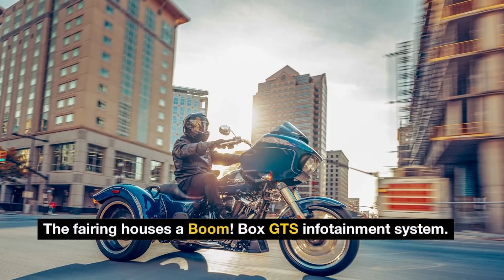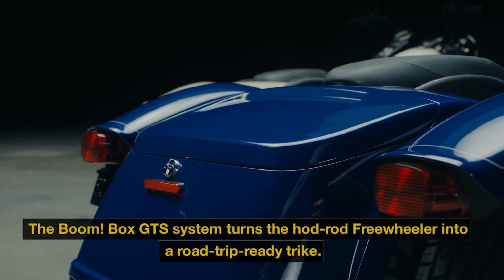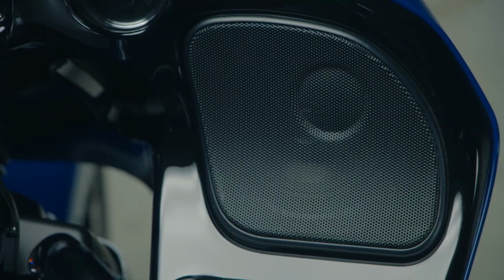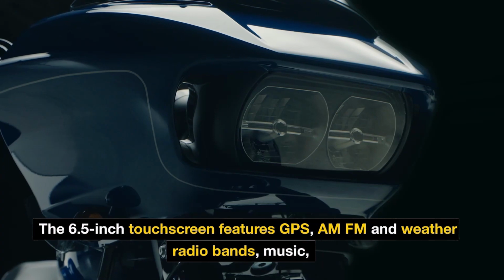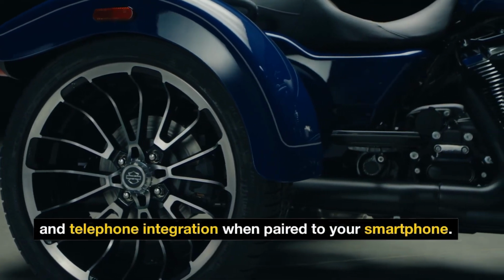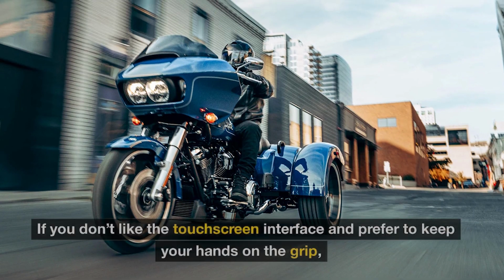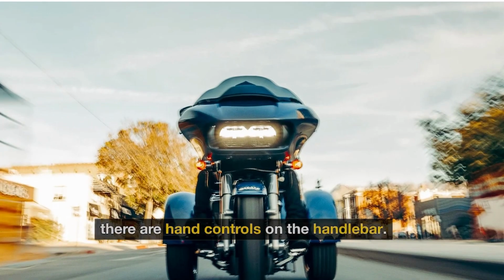The fairing houses a Boom Box GTS infotainment system. The Boom Box GTS system turns the hot rod Freewheeler into a road trip-ready trike. The 6.5-inch touchscreen features GPS, AM/FM, and weather radio bands, music, and telephone integration when paired to your smartphone. iPhone users will be happy to see Apple CarPlay on the display. If you don't like the touchscreen interface and prefer to keep your hands on the grip, there are hand controls